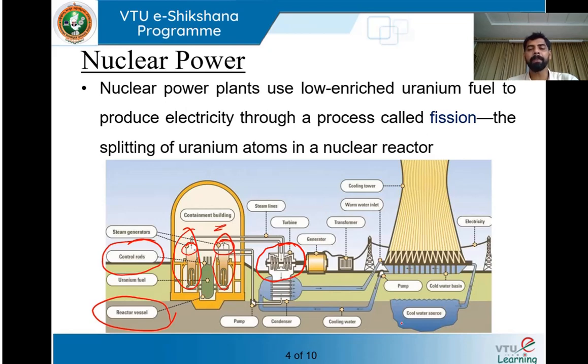So then what is the purpose of all this, the condenser, the cooling tower and all those things? This process should be a continuous process. So what happens? The steam gives away all its energy in the form of kinetic energy. In the turbine, it is giving out all the kinetic energy. Once it gives out all the kinetic energy, what is coming out of the turbine is a wet steam. It is a two-phase mixture.